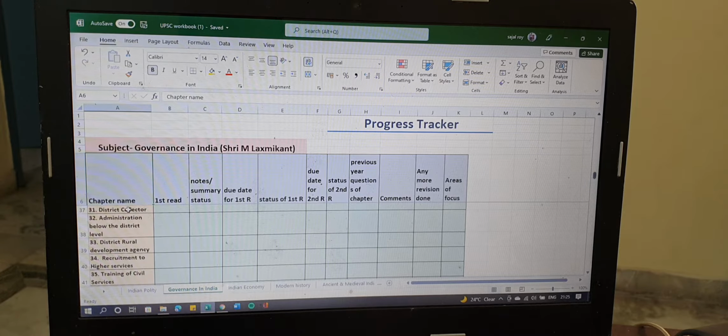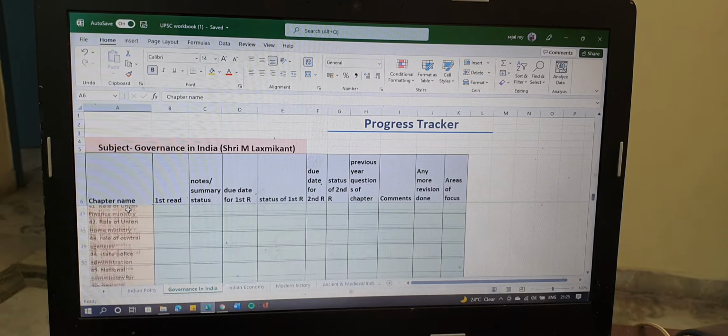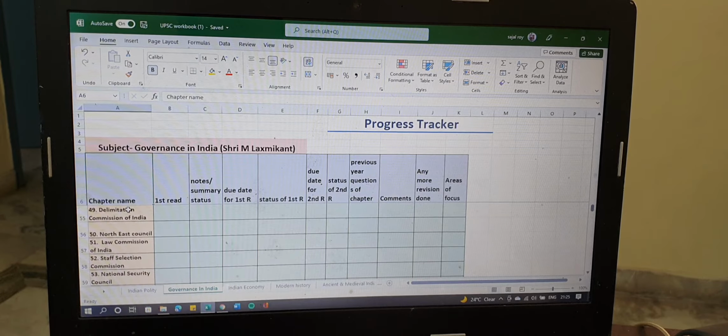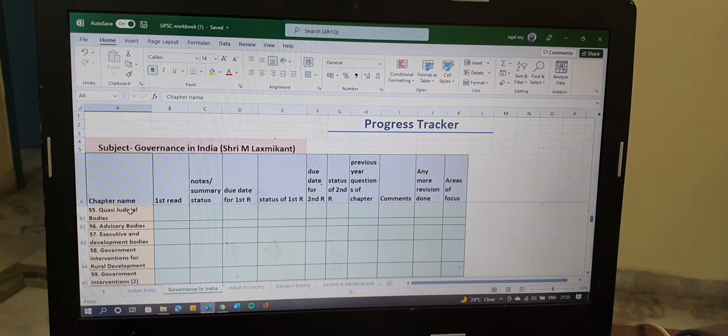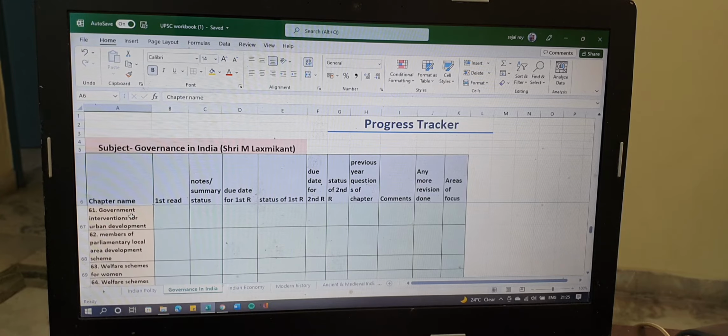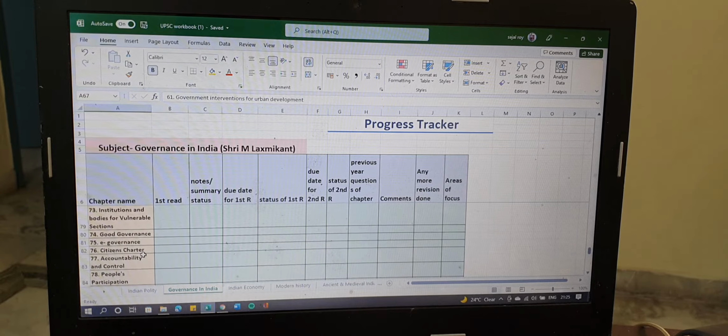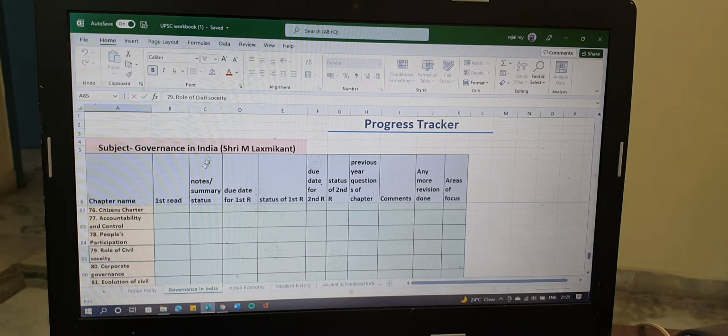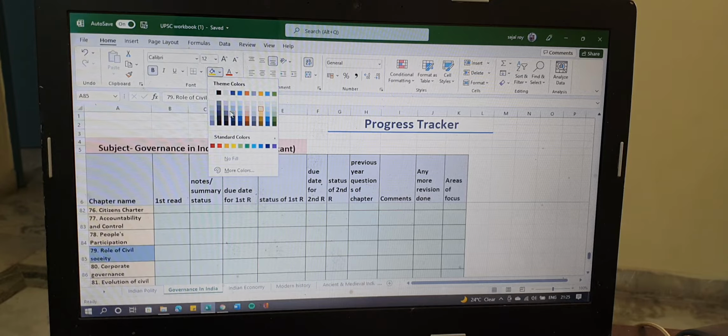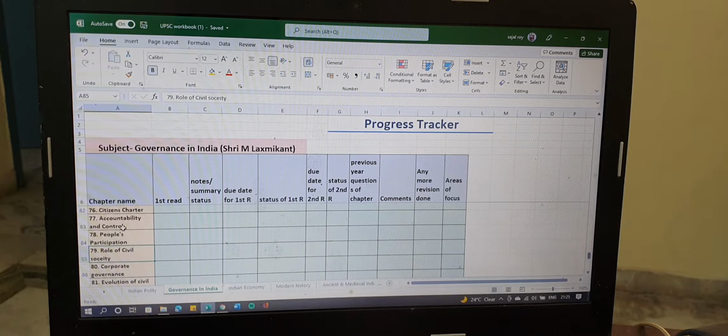So here again we follow the same thing and we highlight it. You can even see, I don't think all the chapters are there in the particular syllabus. Whatever is there, you can just fill it with any particular color. Let's say any particular chapter which is not there, you can go and take something and highlight it in a different color, like this is not there. So nothing to worry on this.